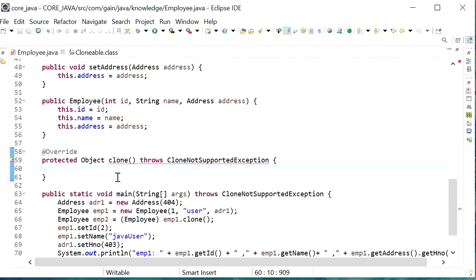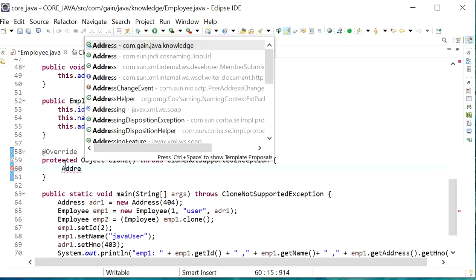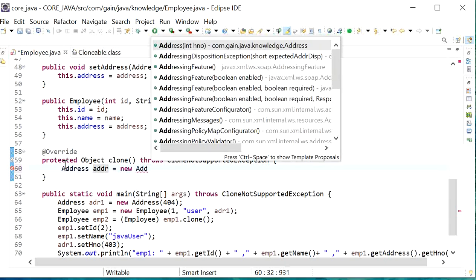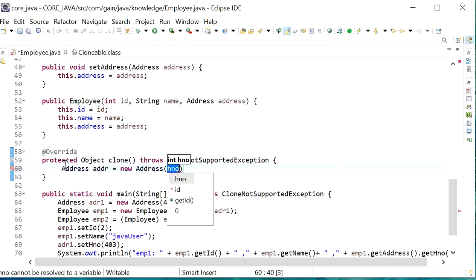So here I will do it in the Employee class. I will create the object for the Address class: adr is equal to new Address, and here I will get this variable from its object, that is adr1.